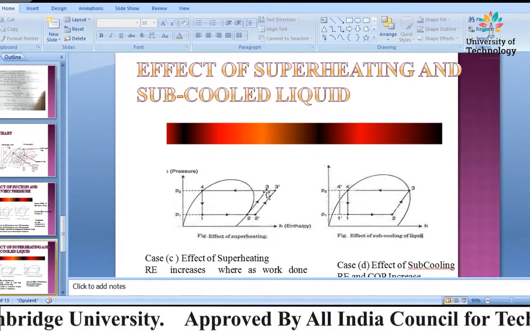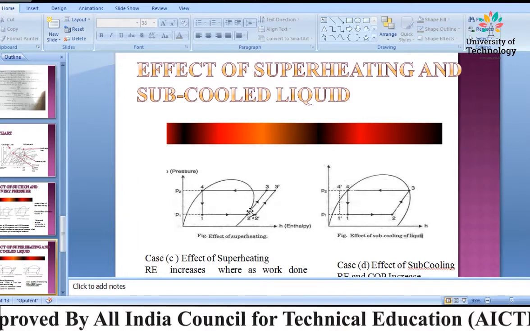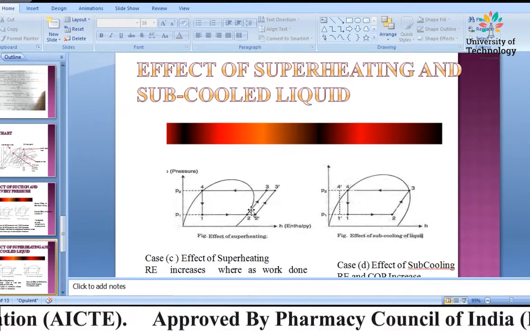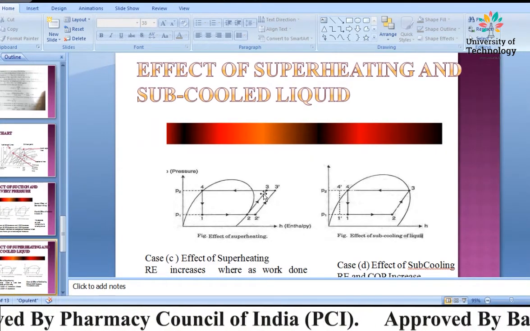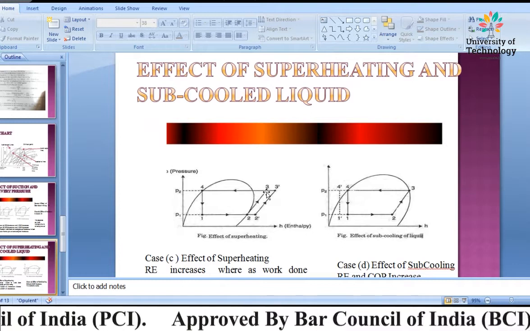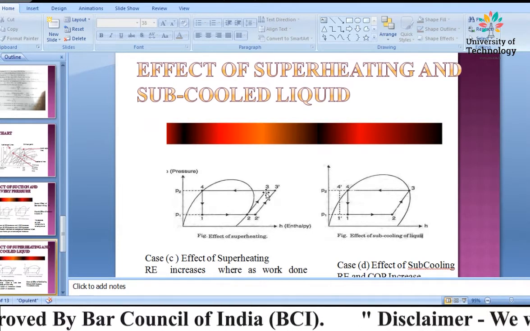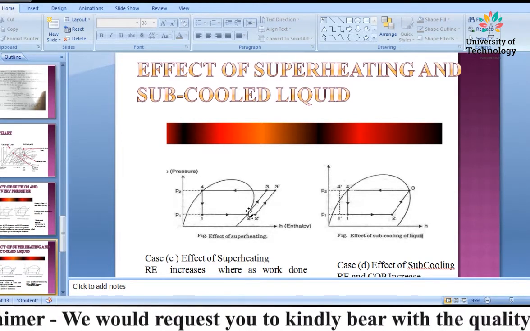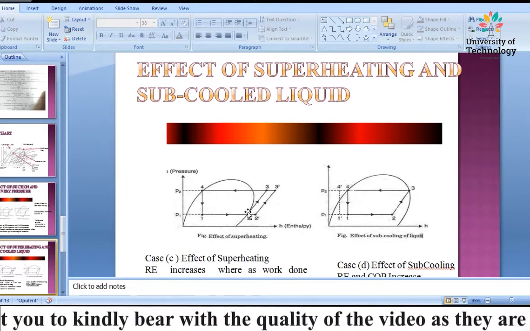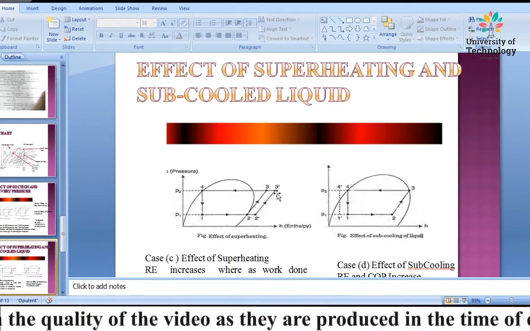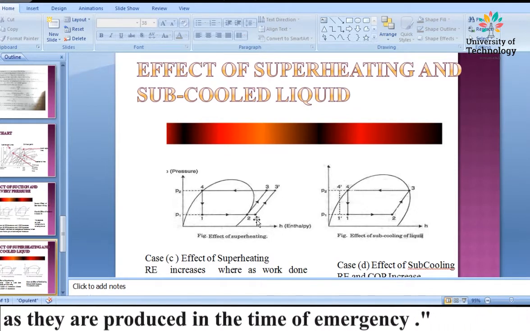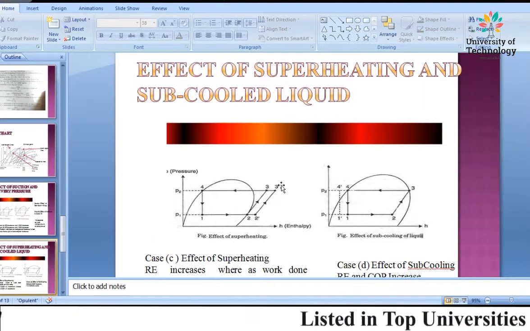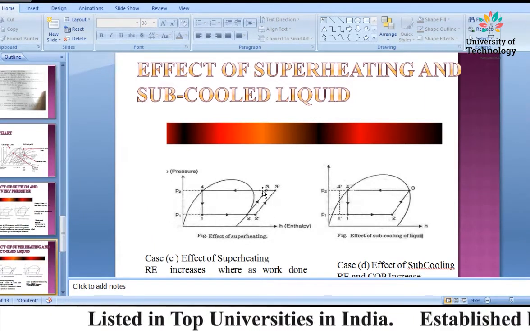Initially compressor work is H3 minus H2, because 2 to 3 is the reversible adiabatic compression process. So work on the compressor is S3 minus S2. In the final condition, work on the compressor is S3' minus S2'. By this figure, we are not able to tell whether compressor work increases or decreases.